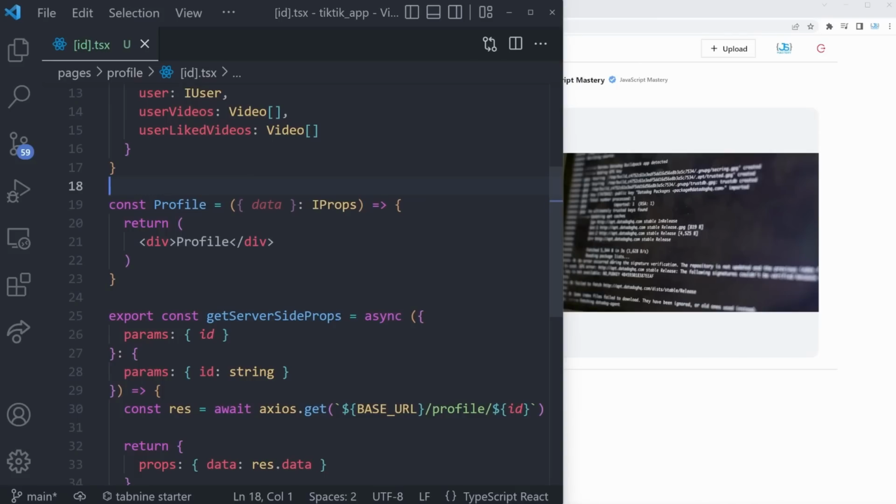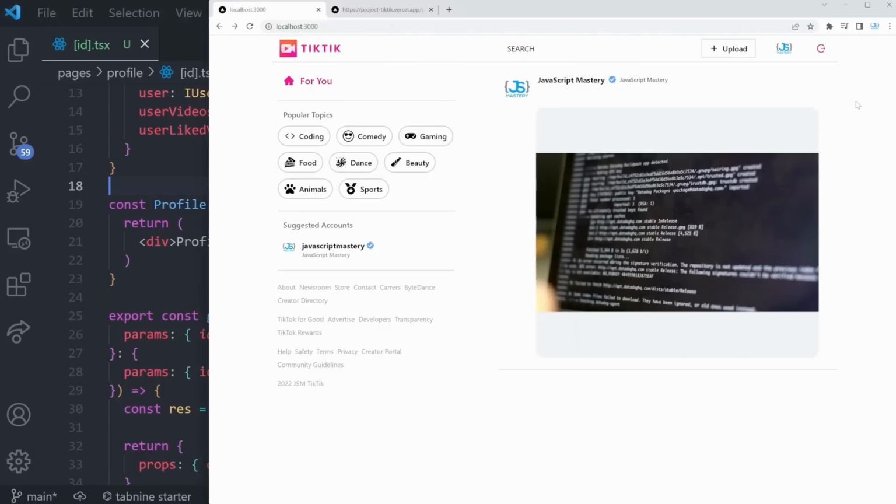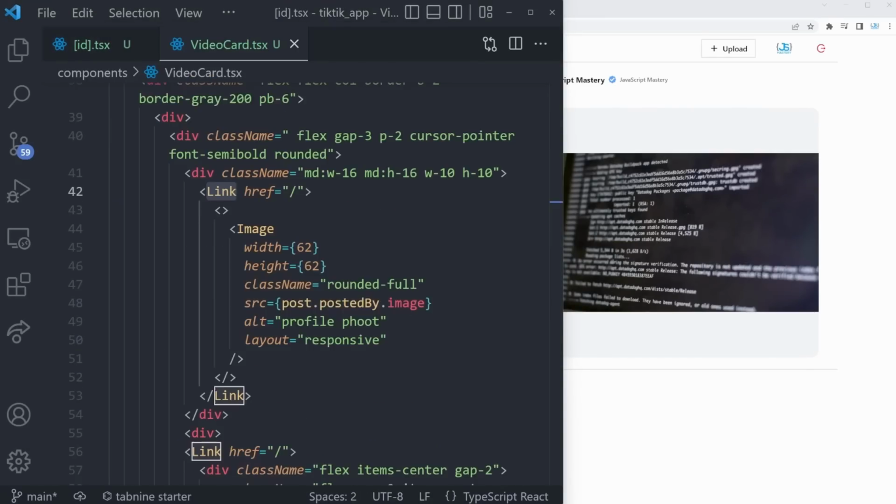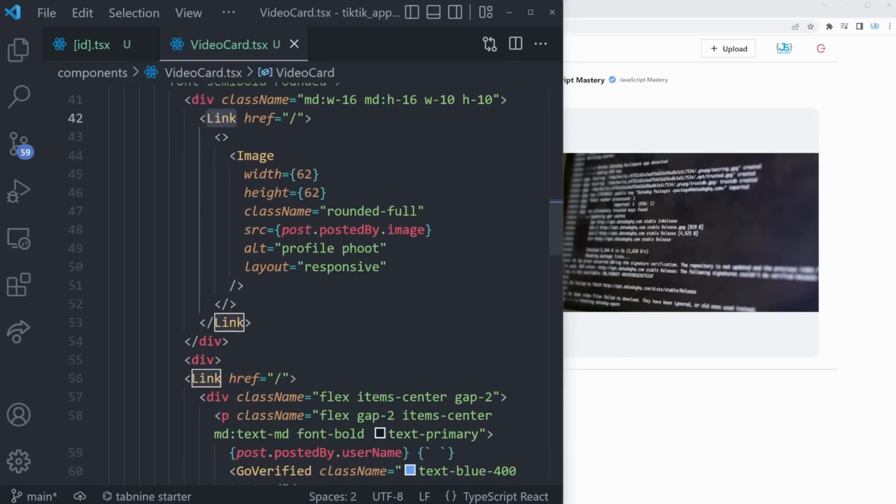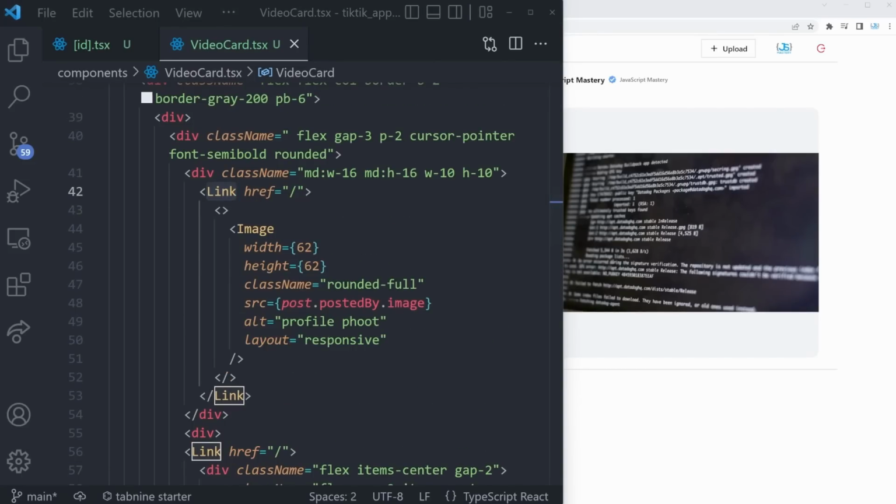With that said, we now have all the data to start creating the profile page. But first, let's navigate to it. If I click right here from the home page, you're going to notice that this doesn't really move us to the profile page. So let's fix that. That's going to be inside of the video card. So we can go inside of the video card component, and you'll see a link right there. This link, of course, has to point to our profile. So right here, we can make this